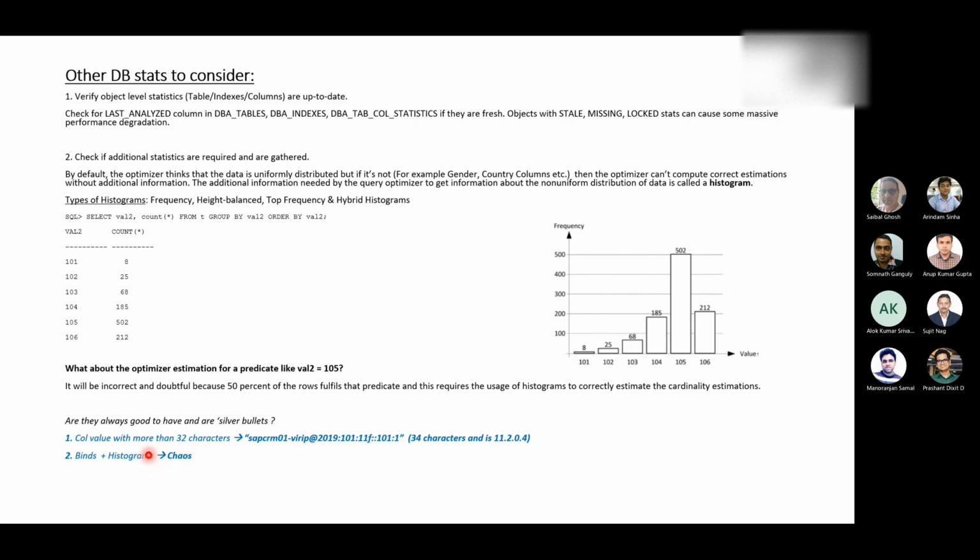The parameter optim peek user binds is used to control the bind variable peeking. So adaptive cursor sharing did not take effect and force the re-evaluation of the execution plan. Are you getting me? Gets confusing, right?